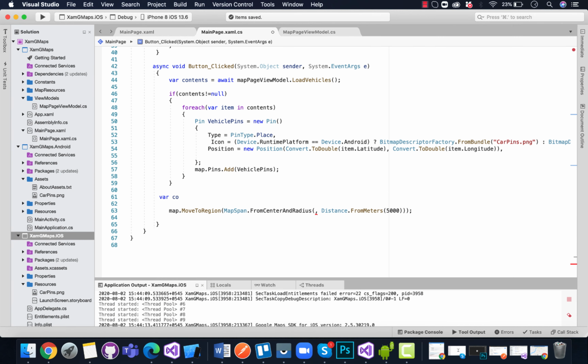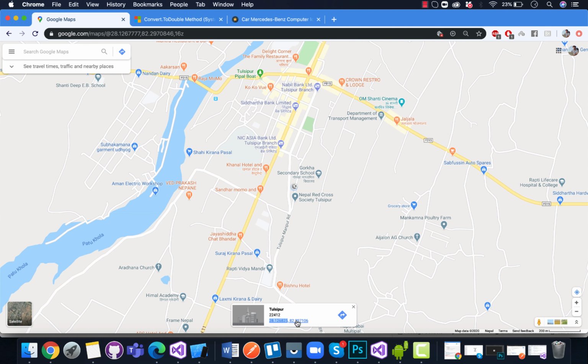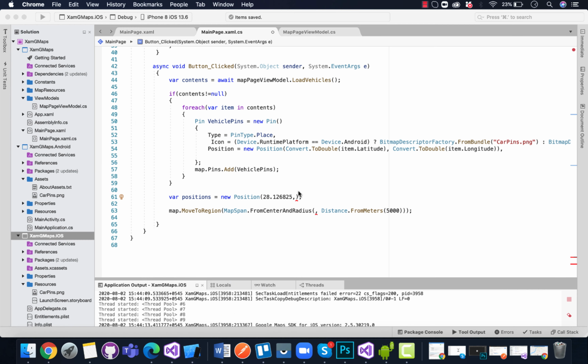As our vehicles are also surrounding our position, it also contains latitude. I'll just paste the latitude and the longitude. Let's grab that longitude and then we are all set to